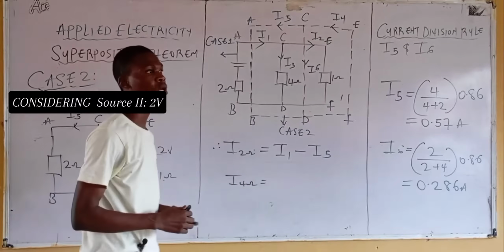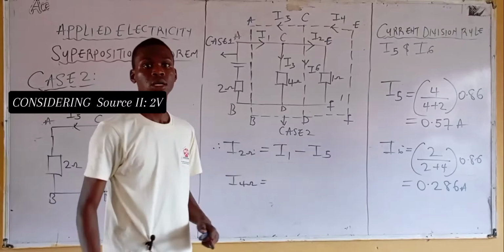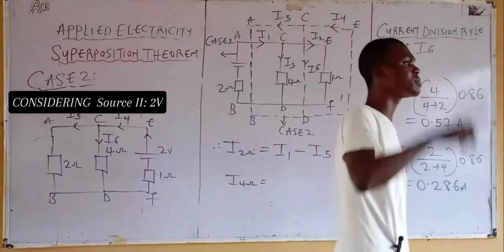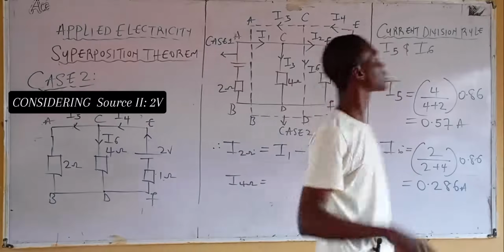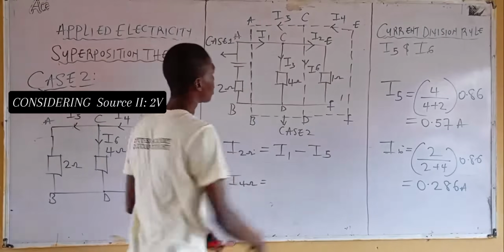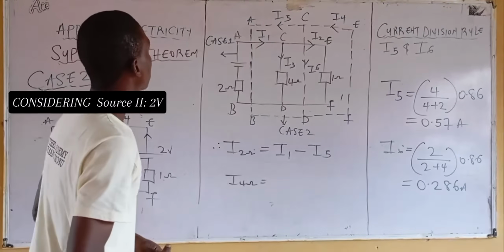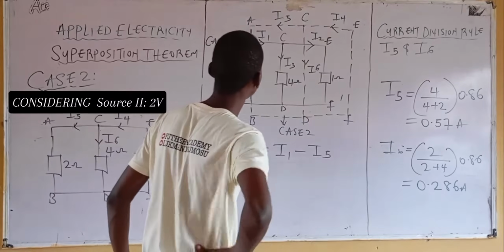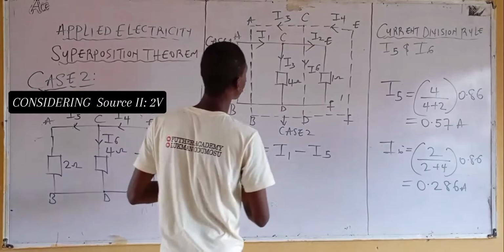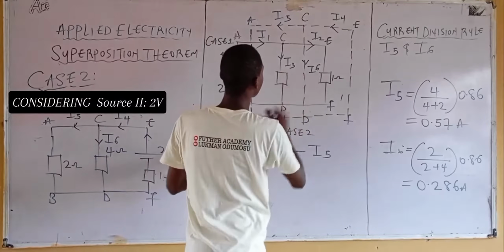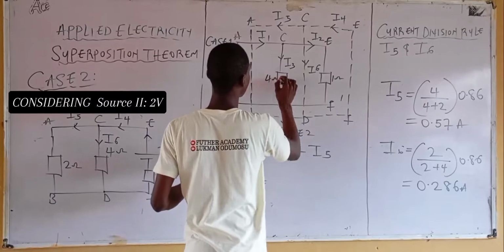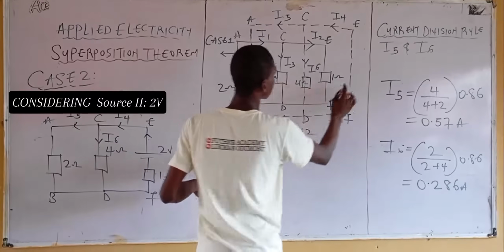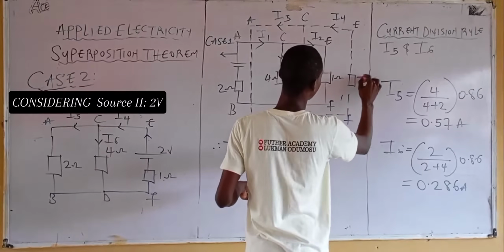Now, before substituting each value, let's calculate the value of current for I4. That will be what? We will use this concept. Don't forget the rule. If they are going in the same direction, add, opposite, subtract. Now, come back here. I2 minus I4. Yes, 4 ohms. Now the I3, they are going in the same direction. I3 is in the same direction as